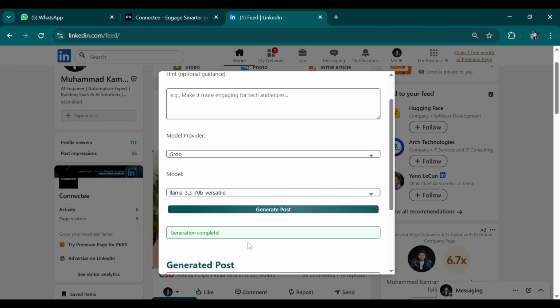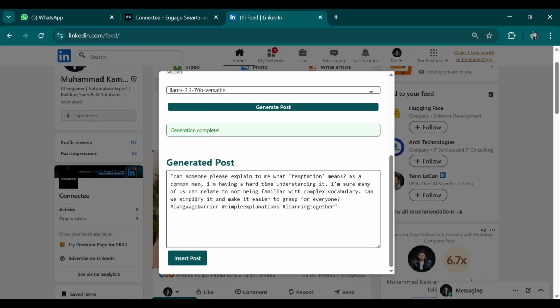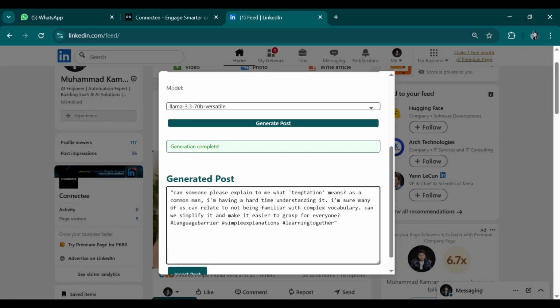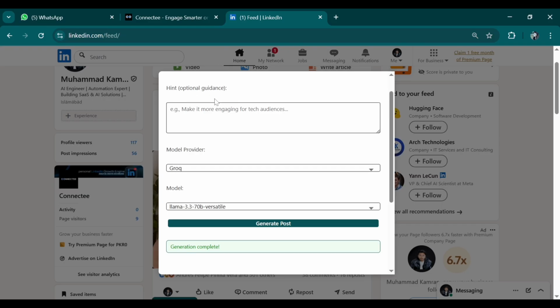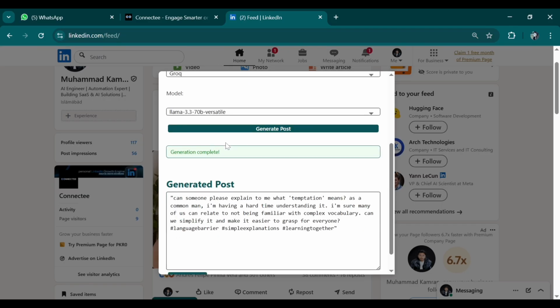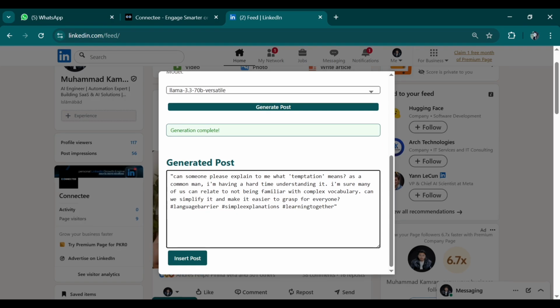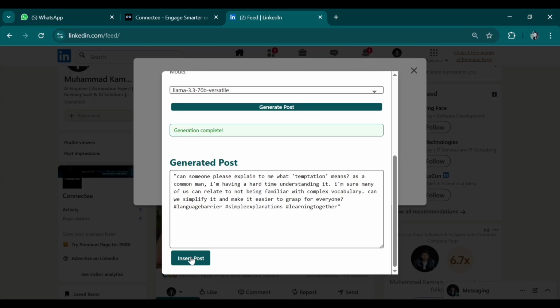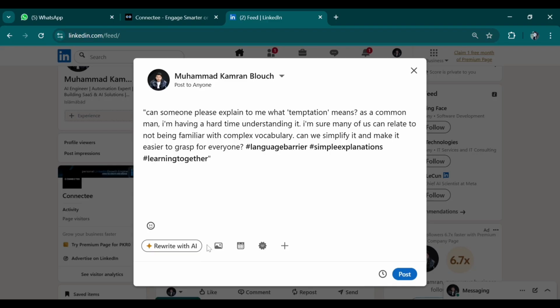When you click on generate post, it takes a little bit of time and generates a post according to her post. In the backend, the actual post is also given to the LLM, and the LLM will generate a similar post to the one you want to replicate. So this is the post. You can also insert the post by clicking on the insert post button. If you want, you can also add media, and if you don't want, then you can simply post. You can also edit something minimal like here. So this is basically the post creation feature.